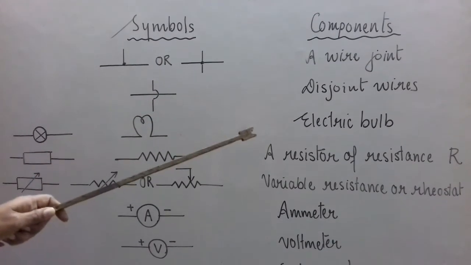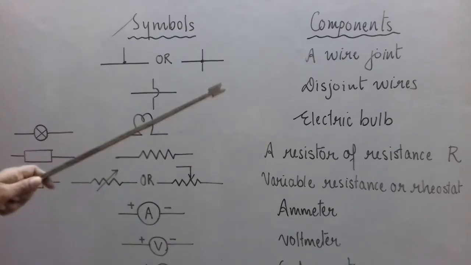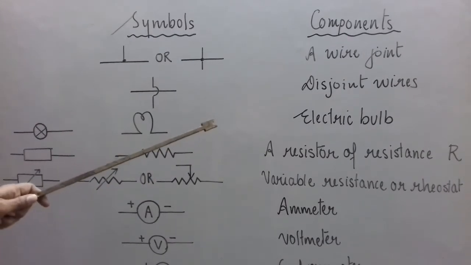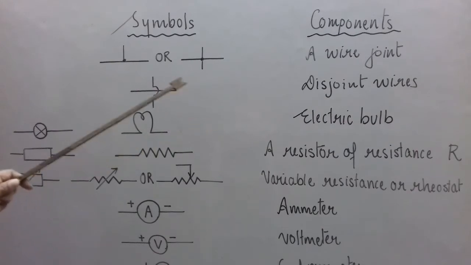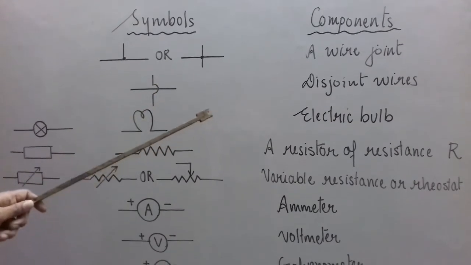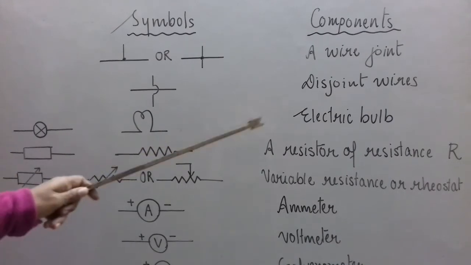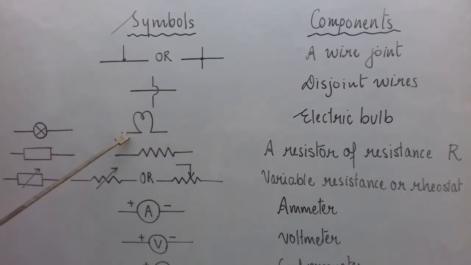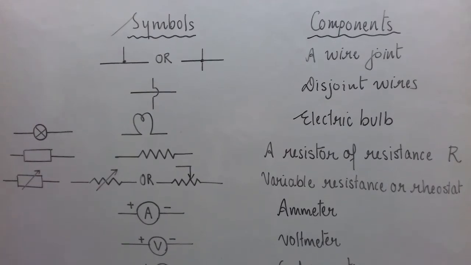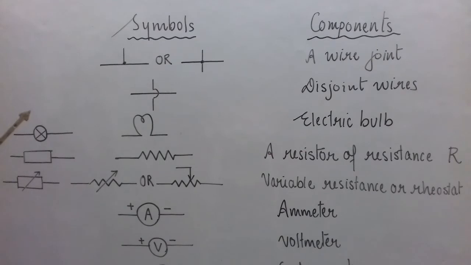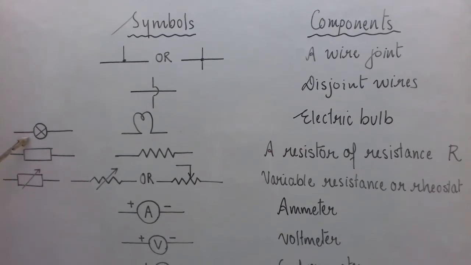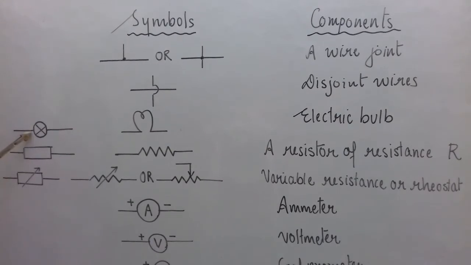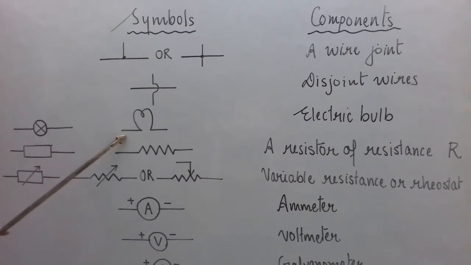Next we have the electric bulb. You should know this symbol as it will be used in our 10th class, and you have started this in lower classes also. So I am drawing here the symbols of the components which you will be requiring for your 10th class. Electric bulb: for electric bulb, this symbol is used. Although when you see other books, this symbol is also there for electric bulb. I have just shown it here so that when you look at any of the diagrams, you should not feel that you don't know what it represents. So this is also a symbol of bulb, but we will be using this symbol for electric bulb.